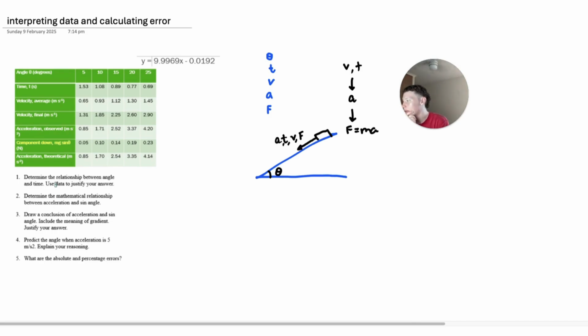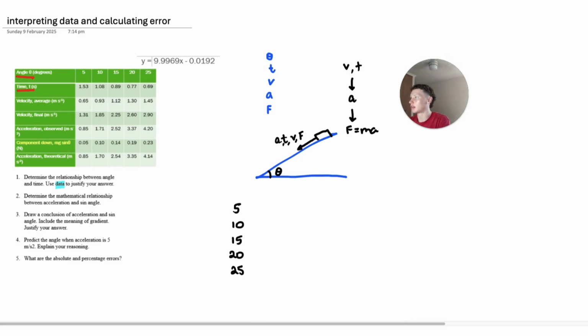In physics, it's very literal a lot of the time. So when it says to use data, I'm literally taking pure angle, pure time. Our angles go 5, 10, 15, 20, 25. Our times then go